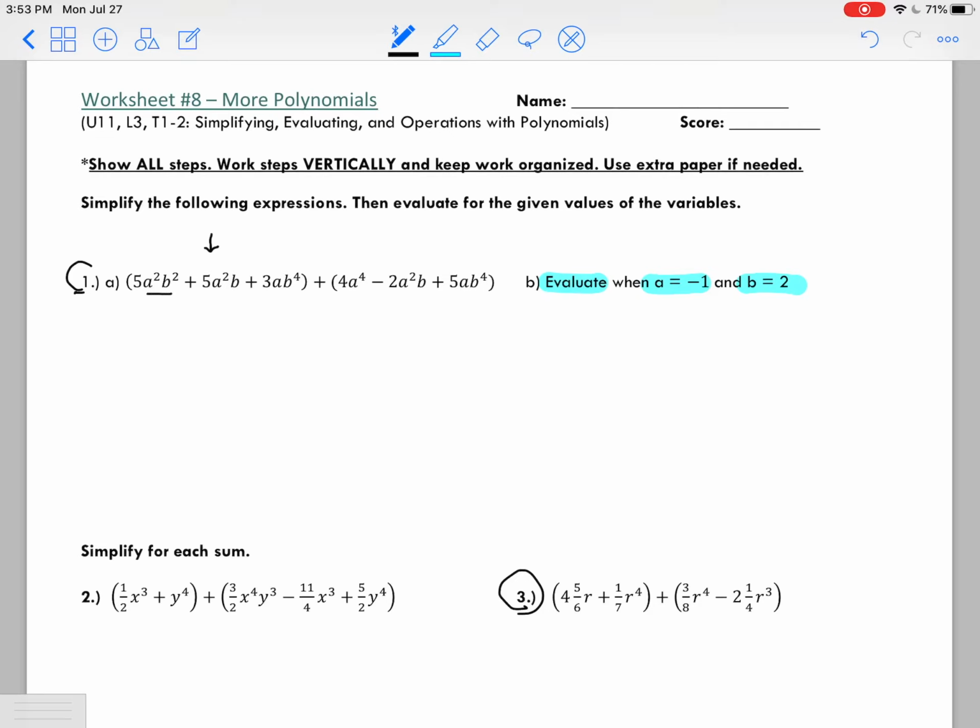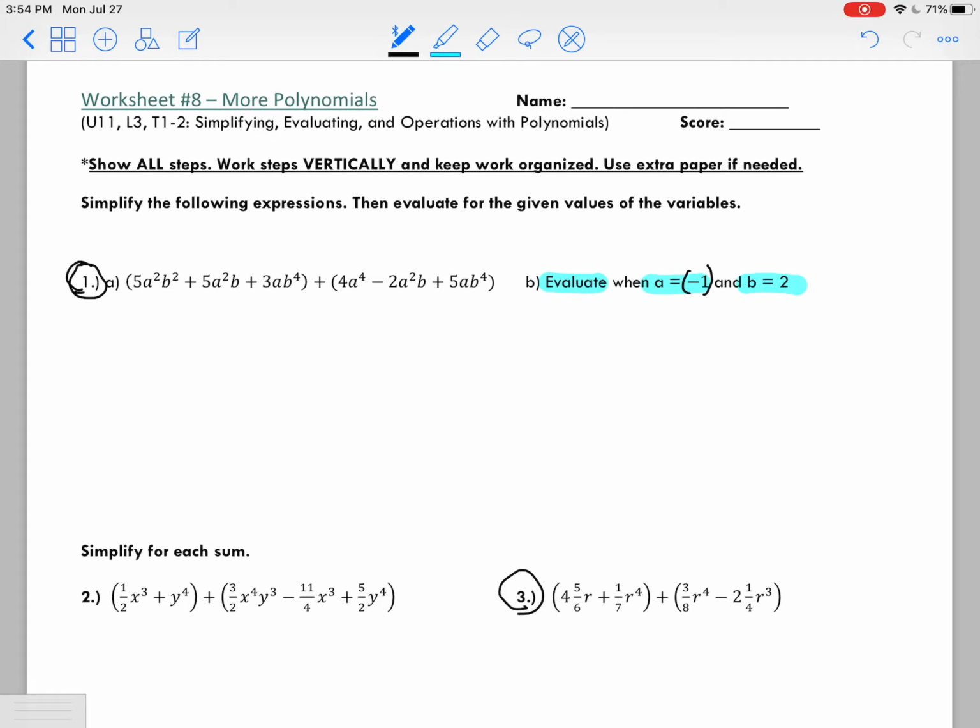And you notice here we've got a squared b squared, a squared b, ab to the fourth, nothing there that can be combined, and nothing inside there. But I would always look for that, because if you can make your job easier later. Another suggestion I have for you is whenever you have a negative for the value that we are plugging in,